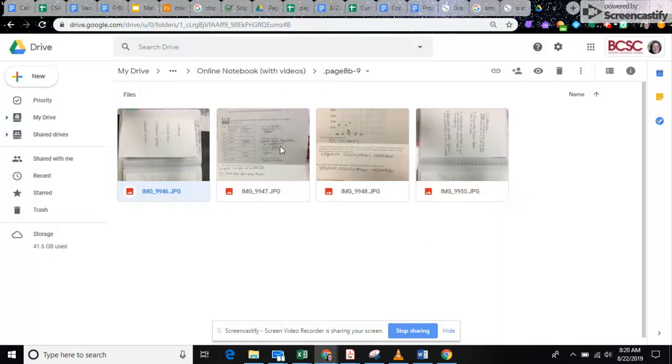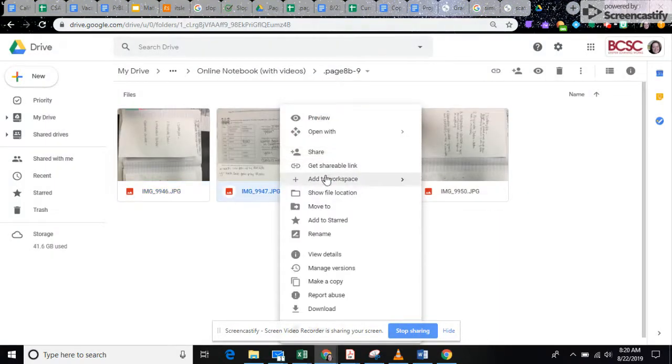So write the goal at the top of page 8b, and then you're going to write these 4 words: scatter plot, bivariate data, independent variable, and dependent variable. And this will be your first part of getting this page set up. So you fold the pages in half and glue in the back. Next, when you open your first page,